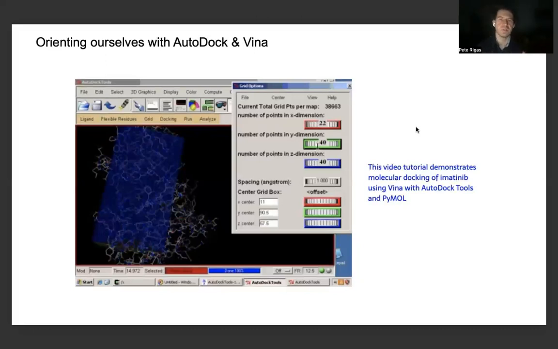So we can orient ourselves first with AutoDock Vina by making use of some documentation and examples which are provided directly from the developers of AutoDock Vina themselves, in which they provide a video demonstrating how one can make use of either the Python molecule viewer or other software packages like PyMol, which will allow us to examine the active site and hence make judgments about the binding activity and the binding affinity of different ligands and receptors together when we define a certain region of space that the molecular docking algorithm